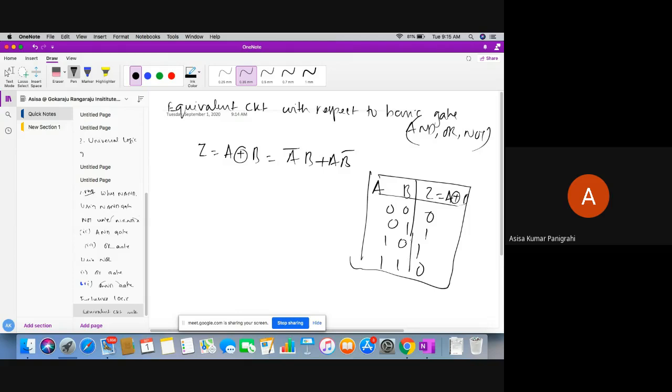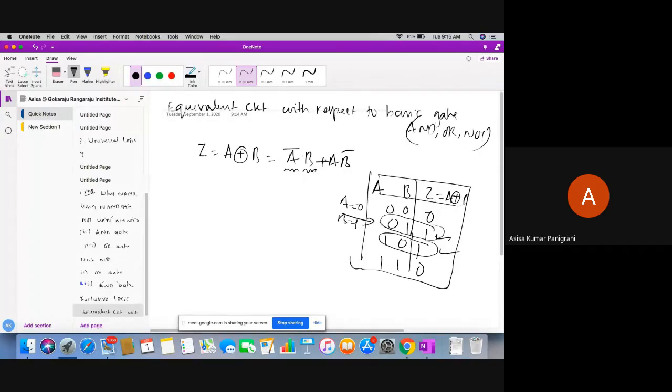So this is my truth table of XOR. See here, where is my output enabled? In these two places only my output was enabled. At that time, what is my A value? A is 0. So in the first case, my A is 0 and B is 1. If A is 0, it is represented as A bar, and B is 1 means it is represented as B. This is called a minterm.